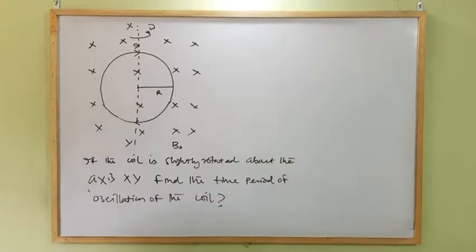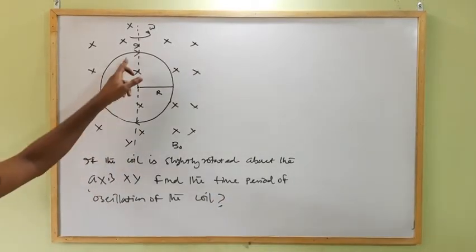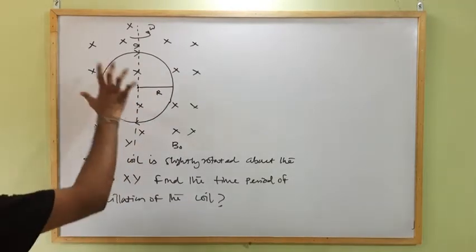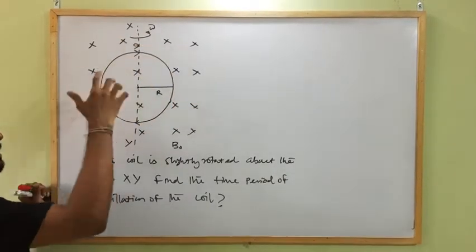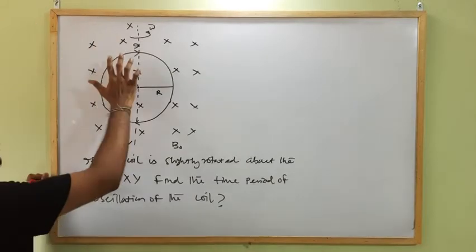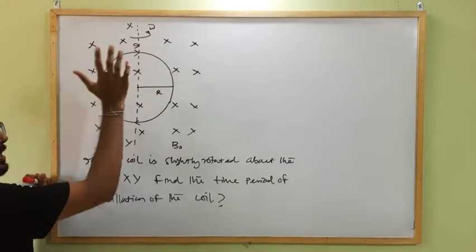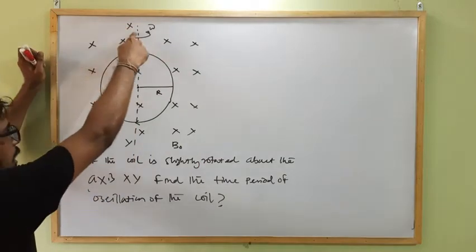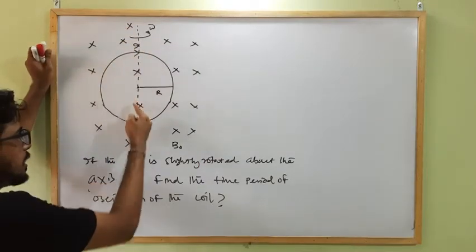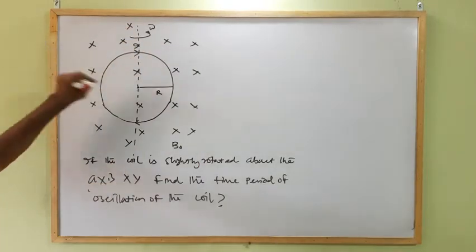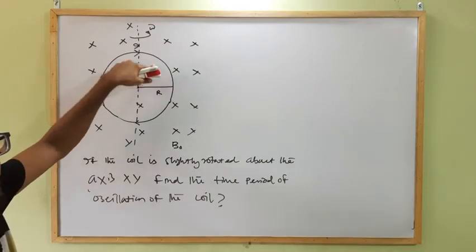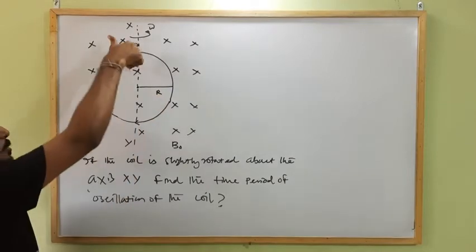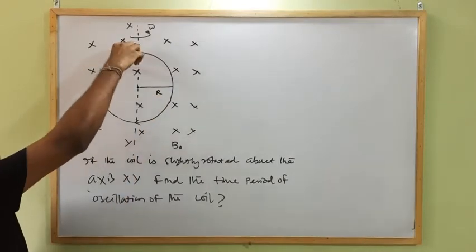Okay, so here is a current carrying coil which carries current I in this direction, that is clockwise, placed in an external magnetic field which is acting perpendicular to the plane of the coil and into the plane, that is B naught. So if we rotate this coil about an axis passing through its plane along its center, find out the time period of oscillation. What will be the time period of oscillation if we disturb this coil slightly?